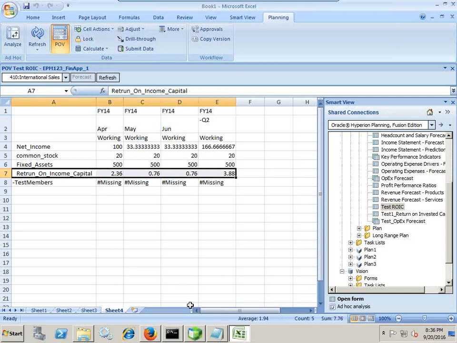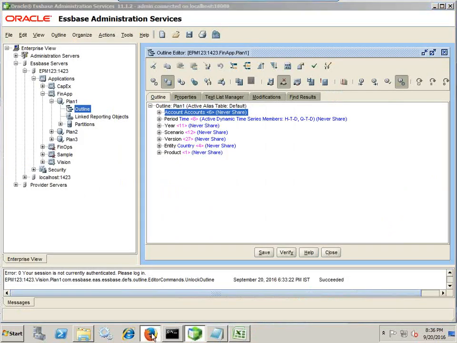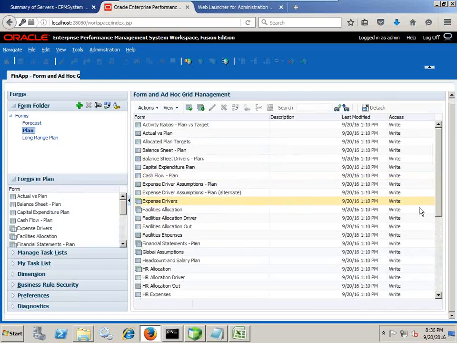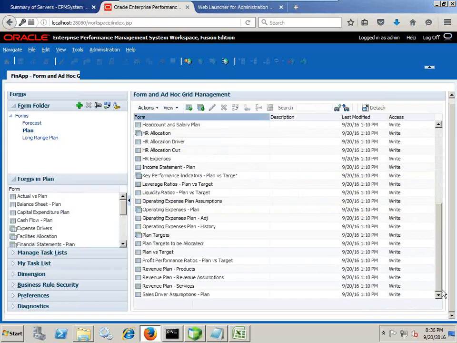on income capital. So let me show you the data form, which is typically the way you prepare a standard data form, the same way I prepared. So I'm going to show you one data form which I use, because ultimately where you're going to test the output, either you can use an ad hoc grid or you can create a data form. Okay. So